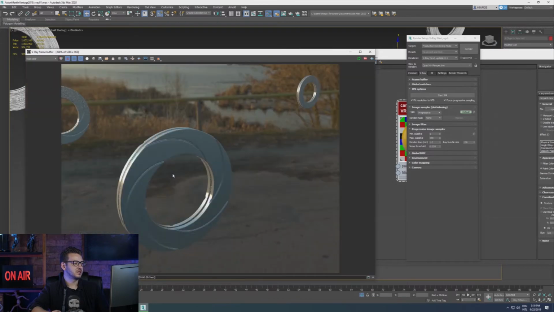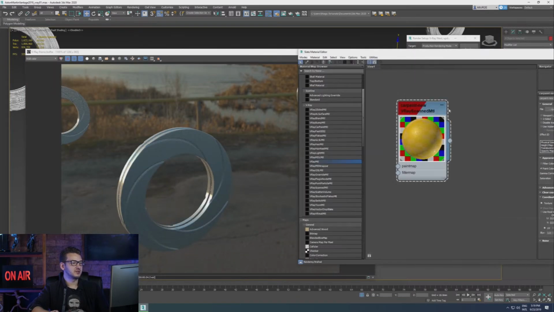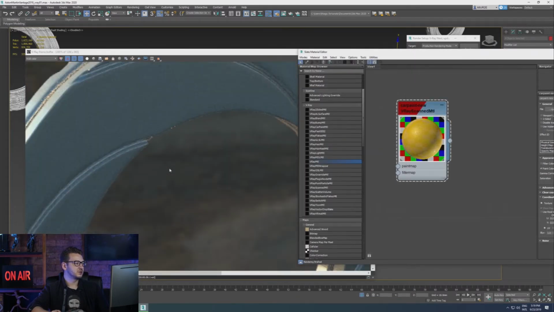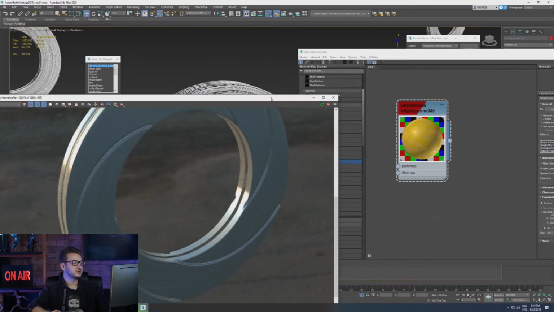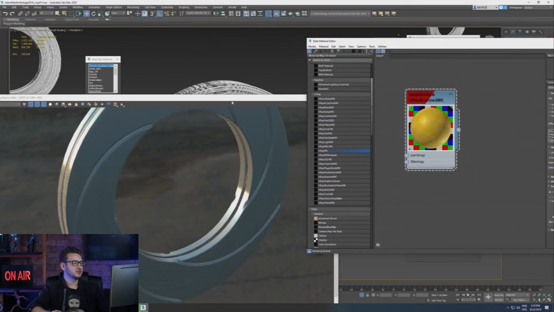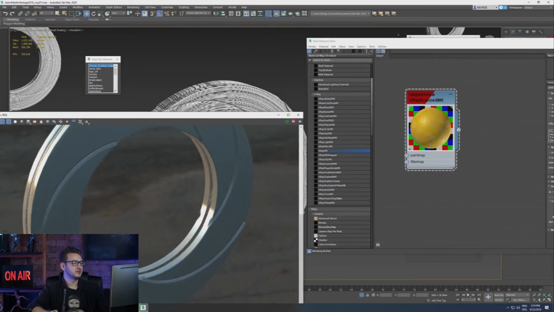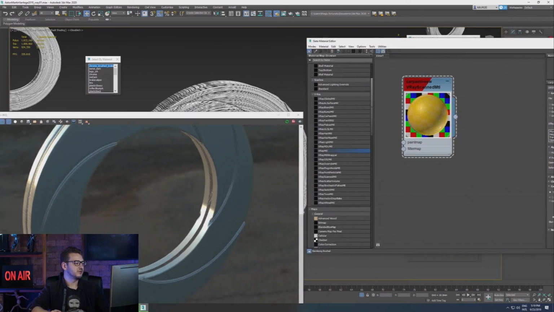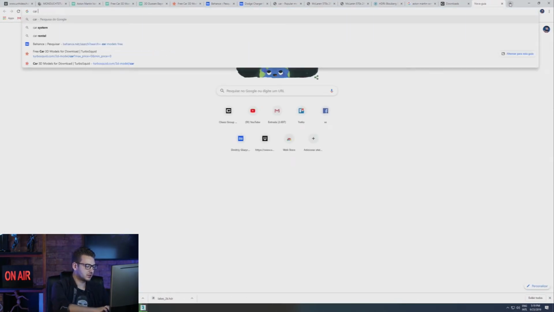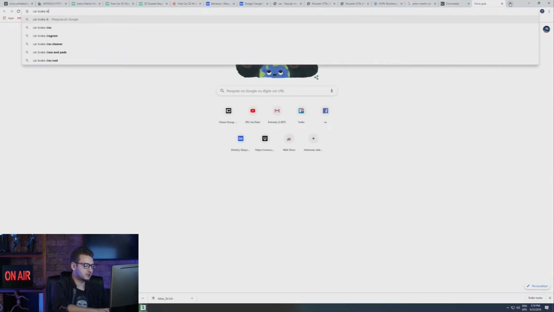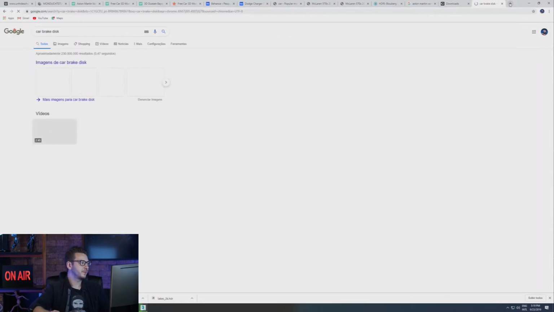But again, at the beginning, it looks a little simple. So let's customize this a little bit, because in real life, if you look at the car brake disc,